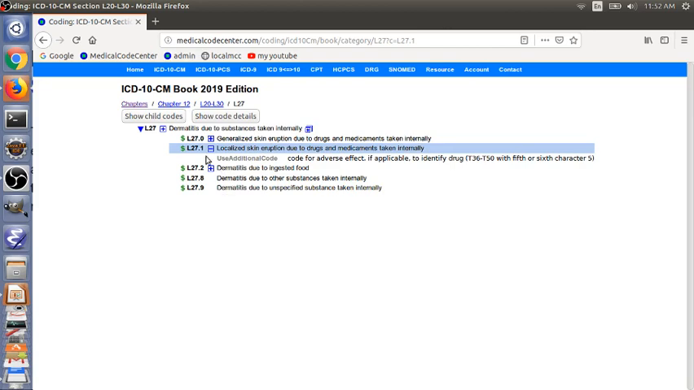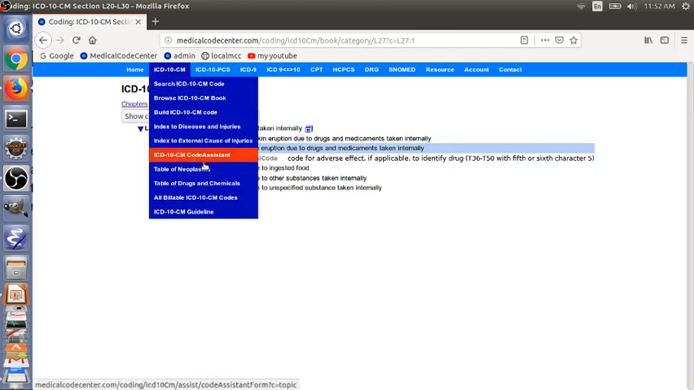So for L27.1, localized skin eruption due to drugs and medicaments taken internally. This is our primary code. And also under this code, there's a coding note. Use additional code for adverse effect if applicable to identify drug, T36 to T50 with 5th or 6th character 5. So that means we have to look at the drug table and the 5th column. So let's go to the ICD-10 CM table of drugs